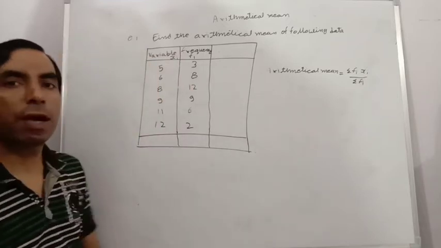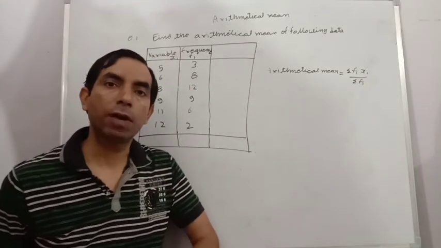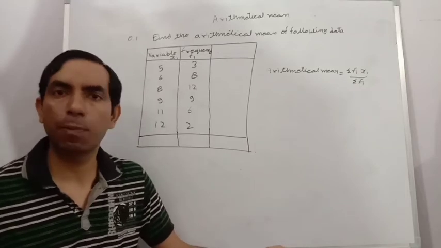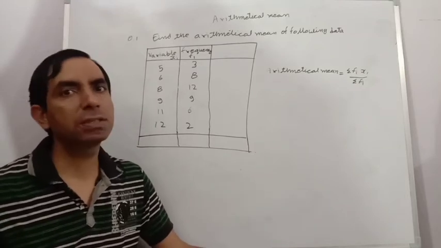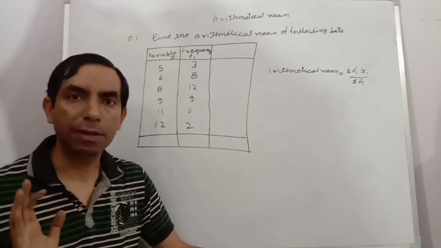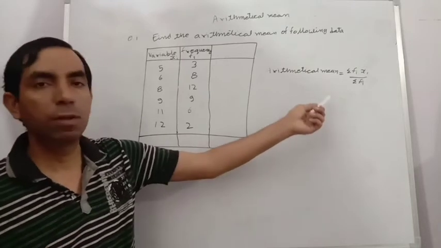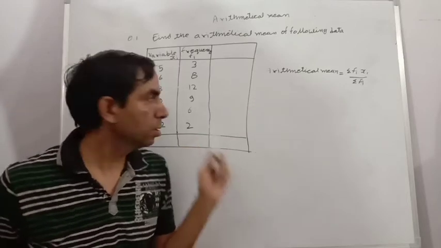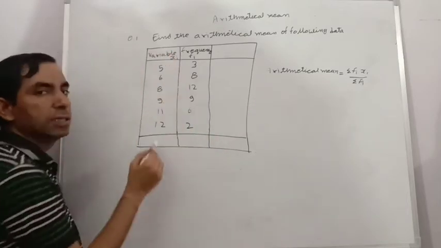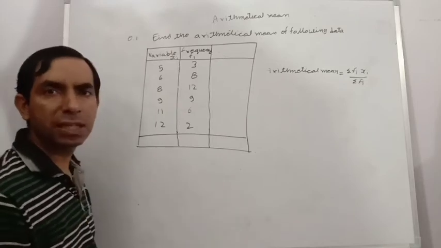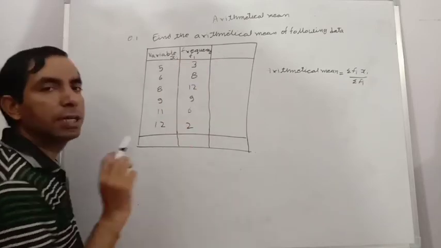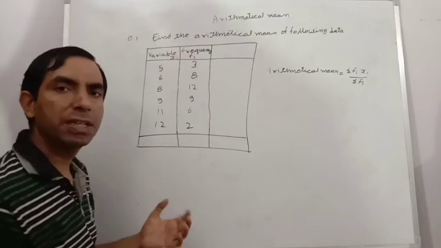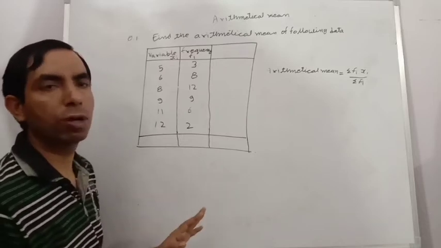The formula is summation of fi xi upon summation of fi. Sometimes it is written generally as summation fx upon summation f. fx and fi xi are the same, so do not get confused in any examination or any question. The first part is x, which is sometimes represented as xi. The second part, frequency, is f, which is represented by fi. And if we represent it by f only, that is also right.